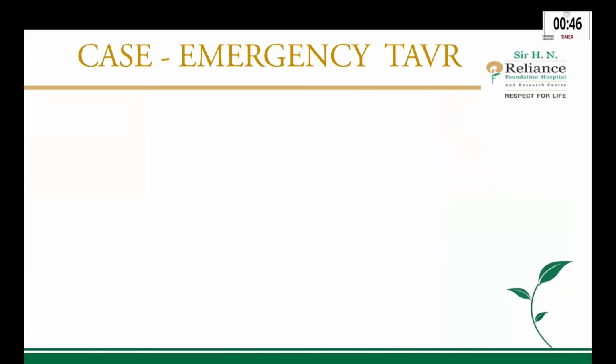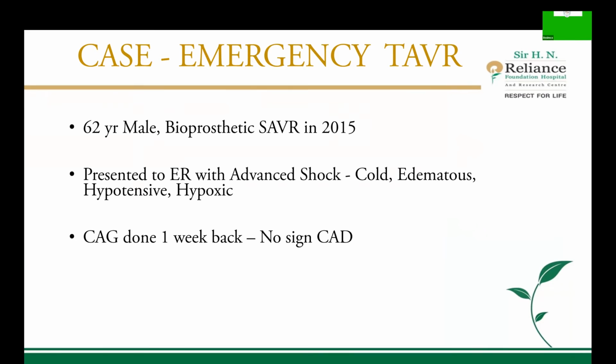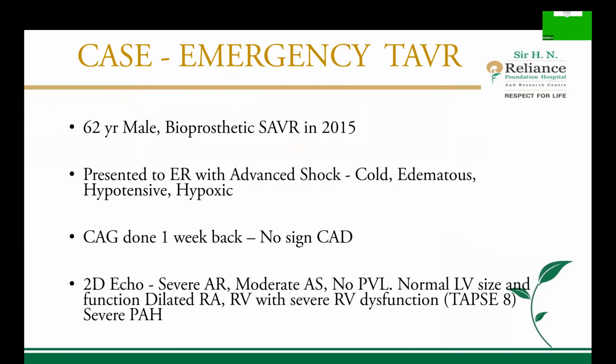The patient is a 62-year-old who had undergone a tissue bioprosthetic surgical aortic valve replacement in 2015. He comes with advanced shock, cold, edematous, hypotensive, hypoxic. Angiography was done outside somewhere, no coronary artery disease. 2D echo shows severe MR, moderate gradients of AS, no paravalvular leak. So basically a degenerated valve, normal LV function,